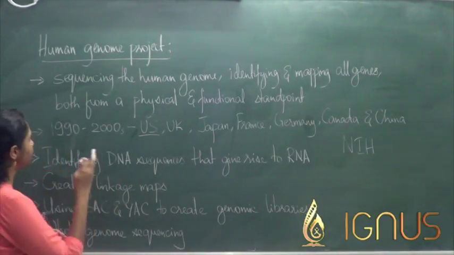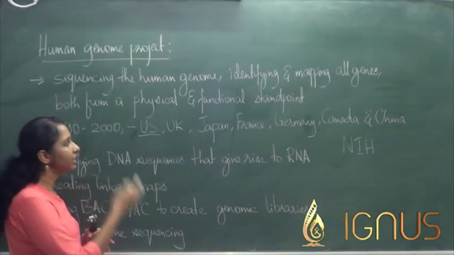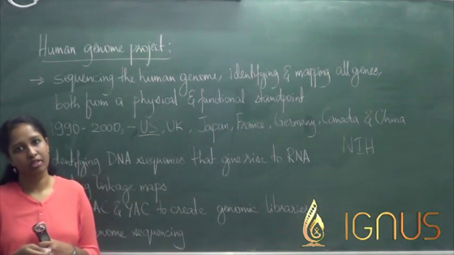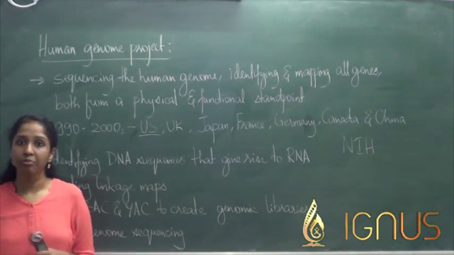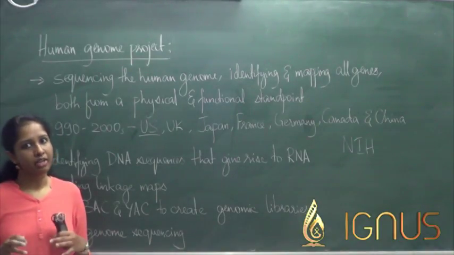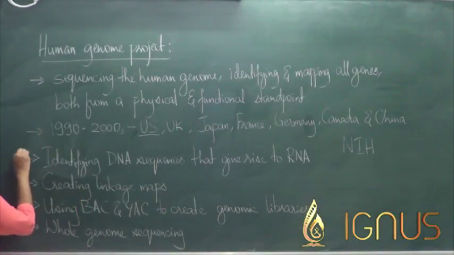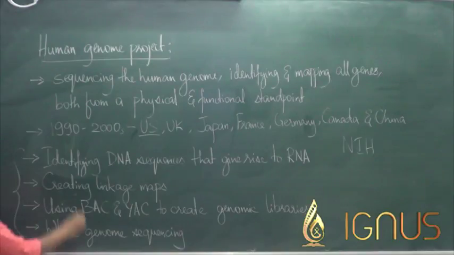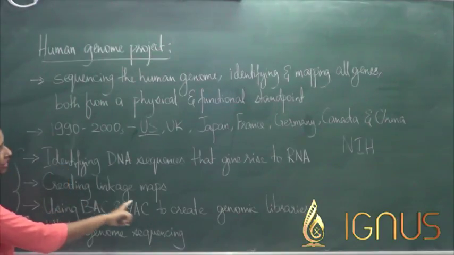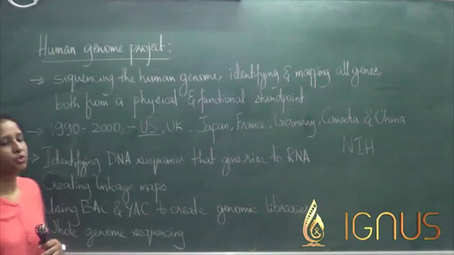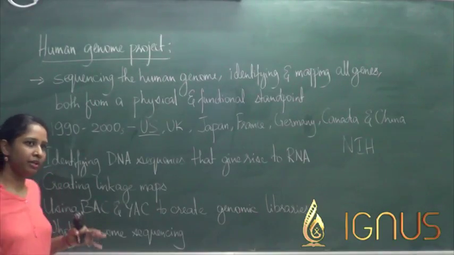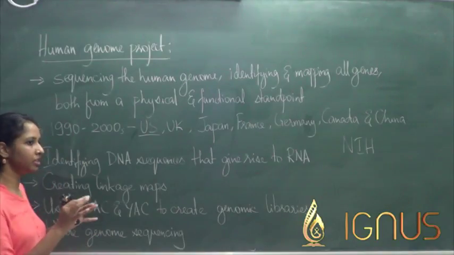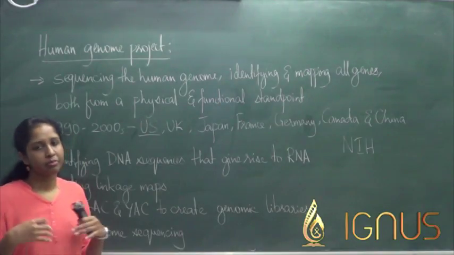So, when sequencing the human genome or identifying and mapping all of the genes that are there in the human genome from a physical or a functional standpoint, there were certain methods that were used. And the methods that were used were these four which are listed here. So the first method was to identify DNA sequences that gave rise to RNA, and this is easily done because within a cell you have certain genes